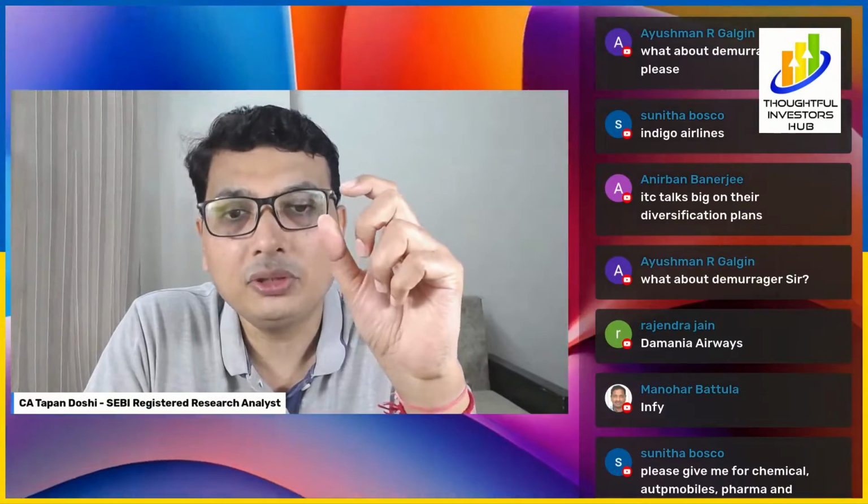So, how to understand the track record: you can understand it through the annual report, or the conference call. This is also one of the ways to understand what the company is talking about every time, whether they are able to provide the guidance properly, and whether they honor the guidance. And again, over the years, what is the track record, what is the qualification of the management, what is their expertise, everything you will be able to understand. Yes, Anirban, Sunita, correct. So you always have to keep that in mind.